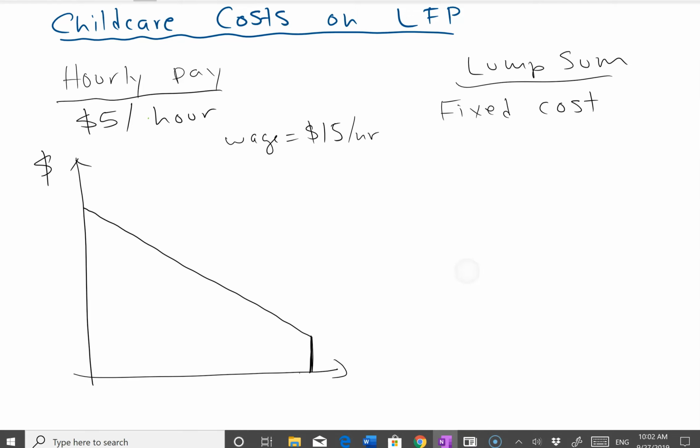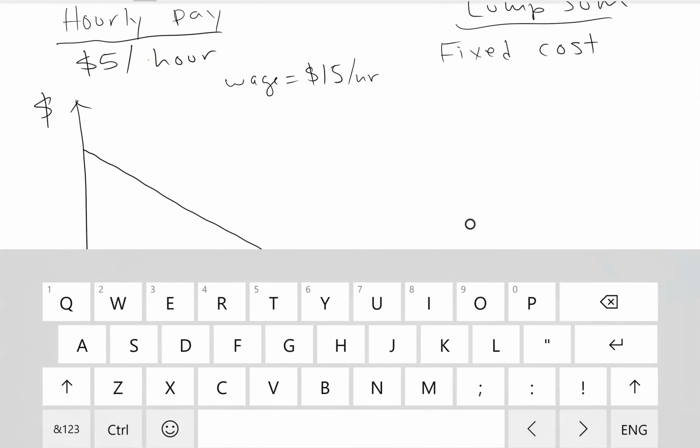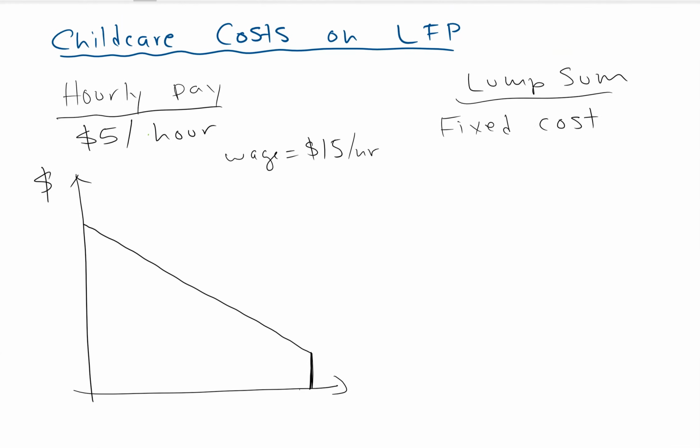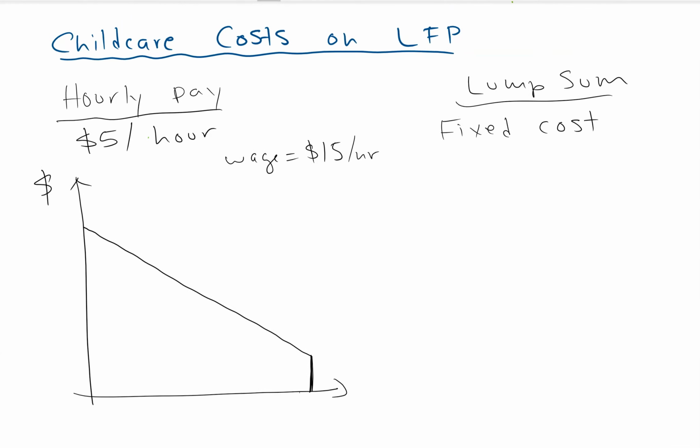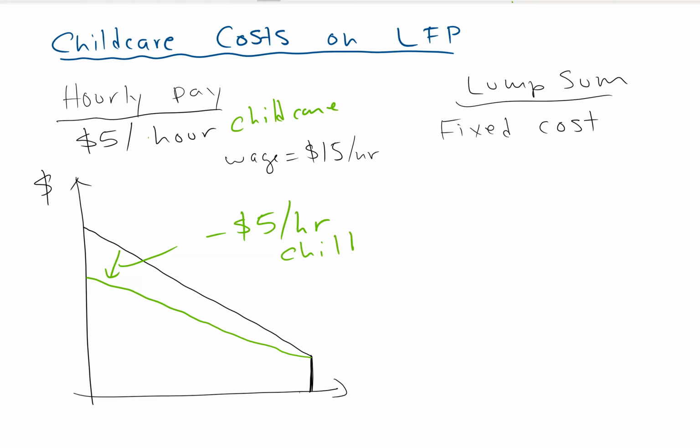And then what happens? Well, sorry about that. When the hourly pay for the childcare is $5 an hour, this ends up shifting this line down. Before it was up there, and now it's down here, right? So this is minus the $5 per hour for childcare. What ends up happening is you have a lower wage now, and for some people